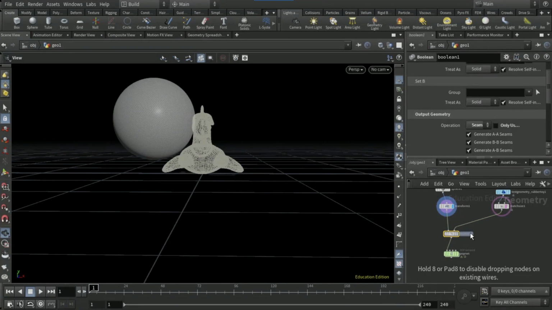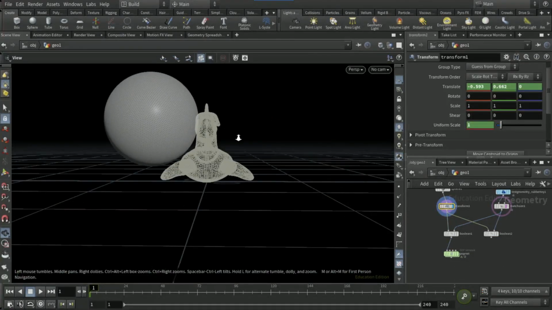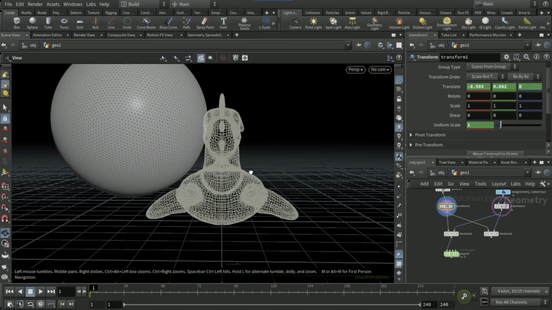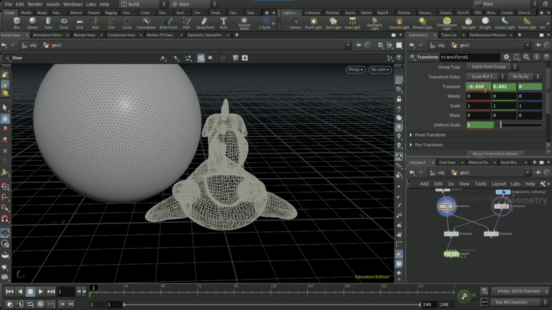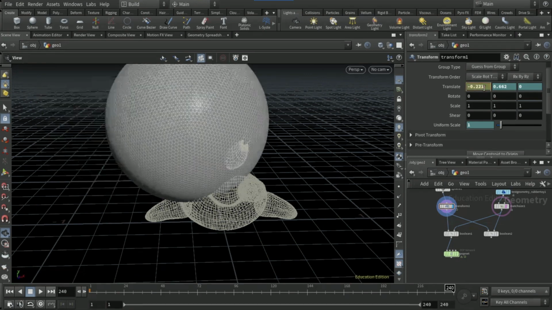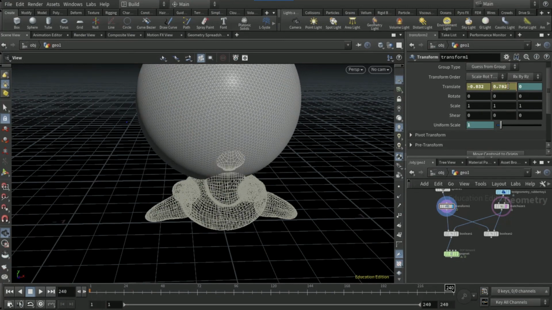On the boolean, duplicate it to the right. Set the operation to subtract. Set this AB to BA. On the transform node, we're gonna make sure to properly position it, so make sure it's not touching, and then keyframe it on keyframe 1, and then go to frame 240 and move it so it completely covers the model,